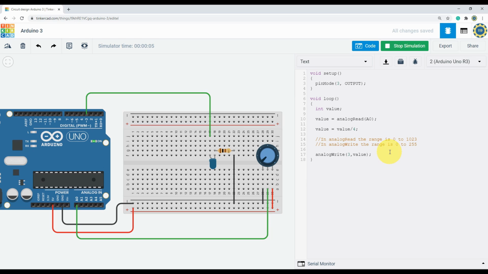This time we are using the analog input for the potentiometer to control the LED brightness. Setup as usual, and we have a variable named value that stores the input from analog pin. Now, here is an important info you should know. The range of the analog,